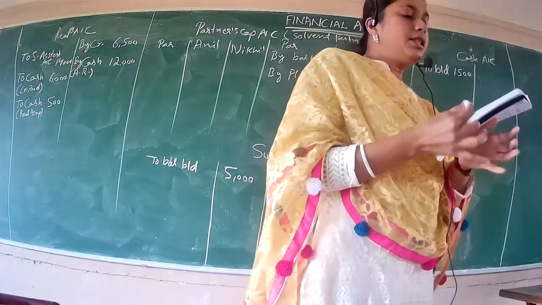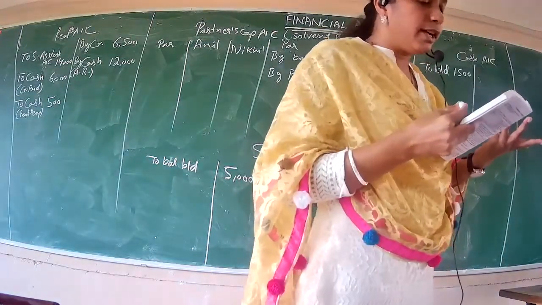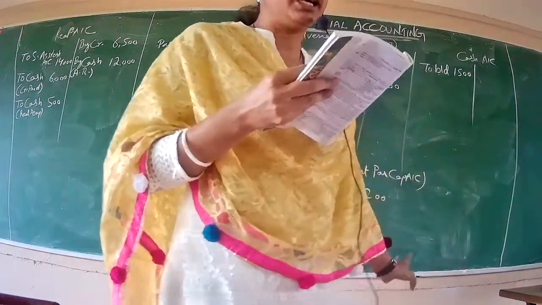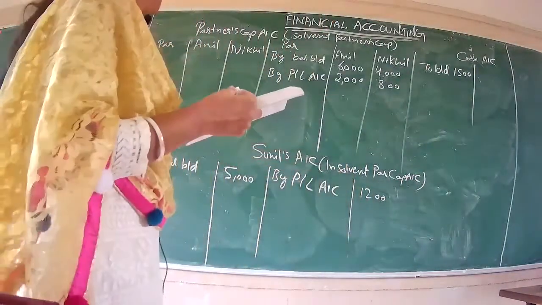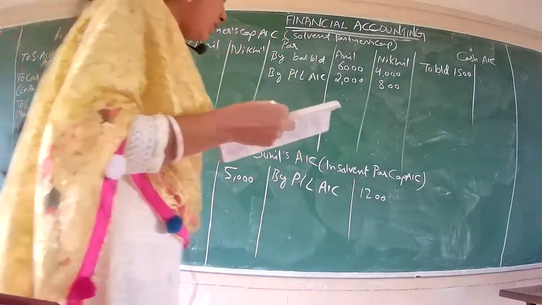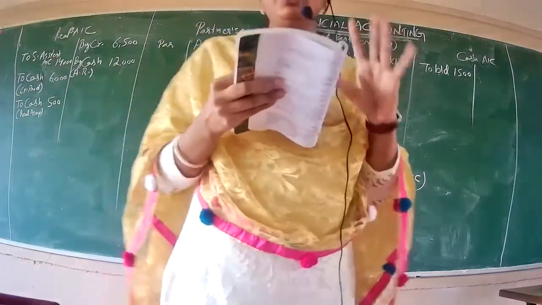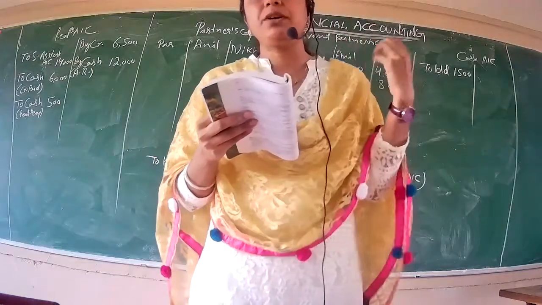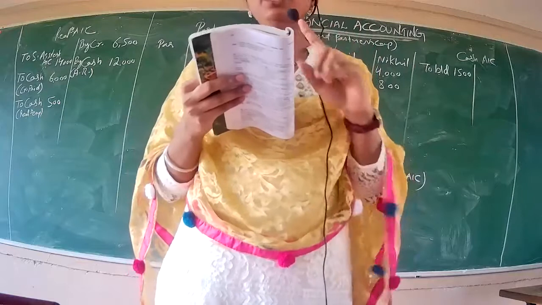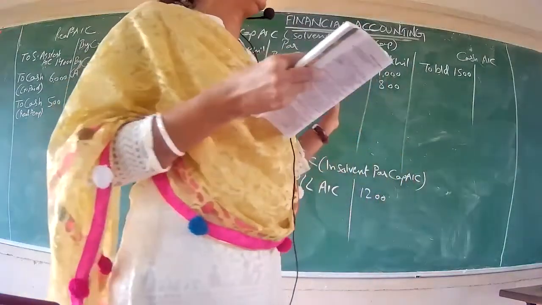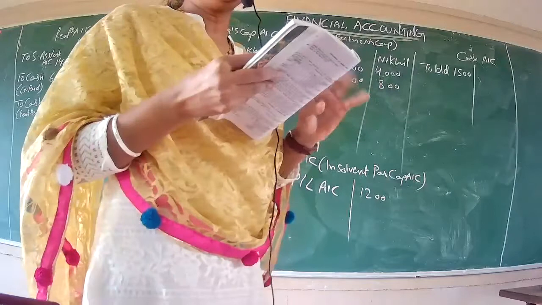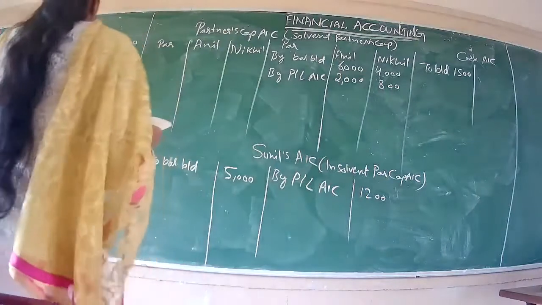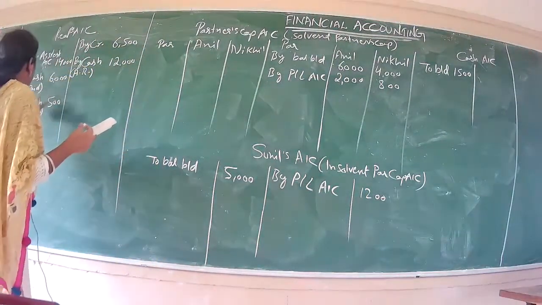Okay. Now they have announced Sunil was insolvent, and we need to prepare the necessary ledger accounts to close the books of accounts as per Garner versus Murray. So all entries over. Now we have to first check out how much profit or loss on realization we are going to get. Okay, so first we'll close the realization account. First we'll close the realization account. But before that, if we check the realization account, we have the entries for cash.